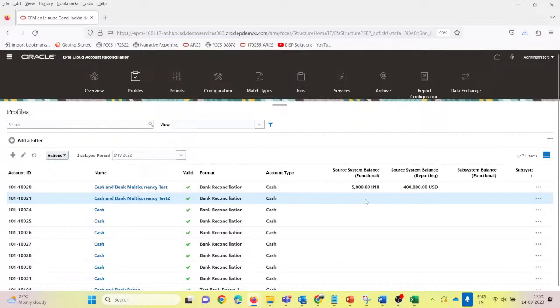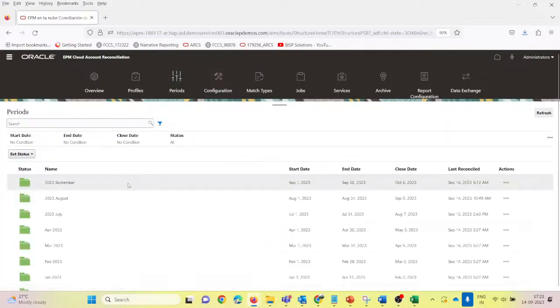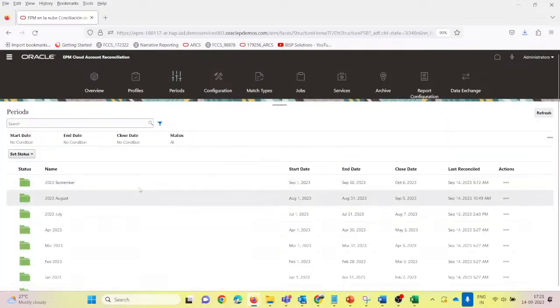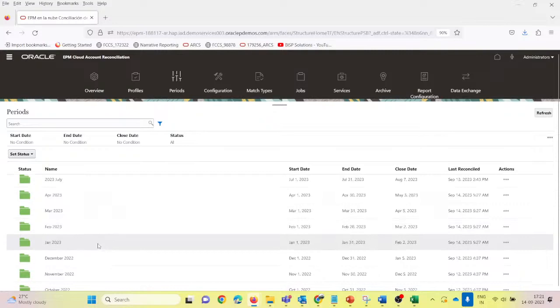There is no amount written here for the functional under source system, and the source system balance reporting, functional and reporting. The figure will come only when we upload the data. The data is imported through period, so under the June month,